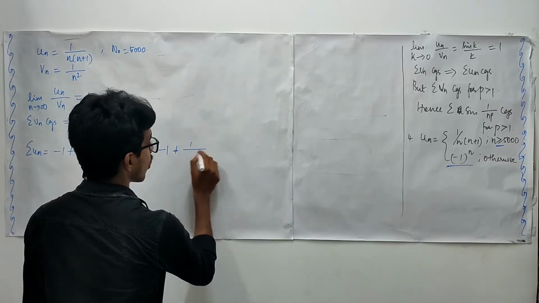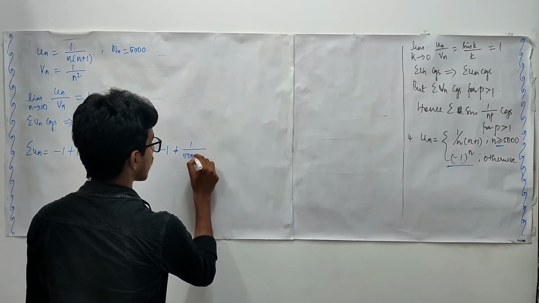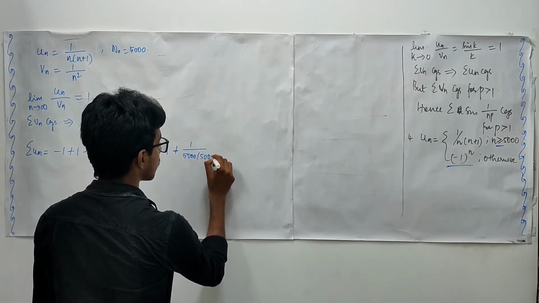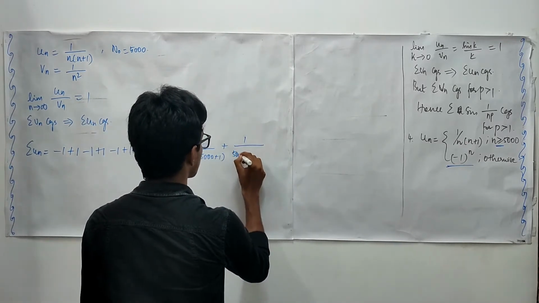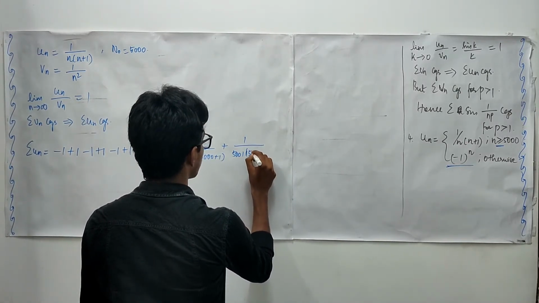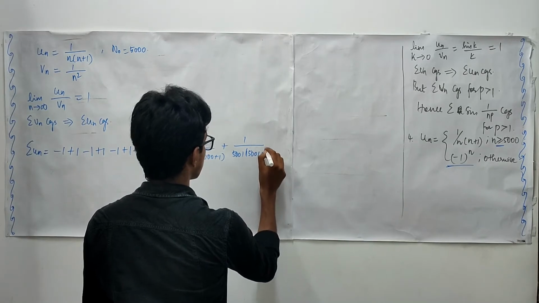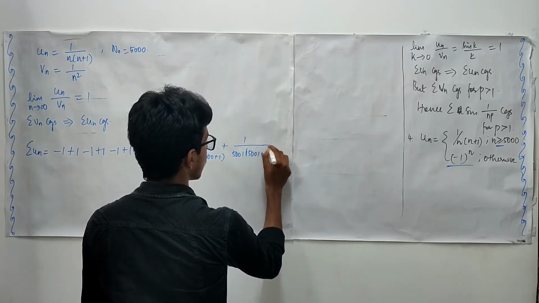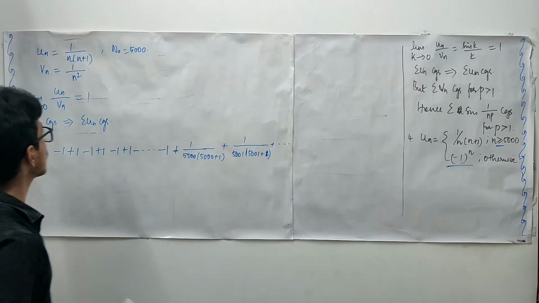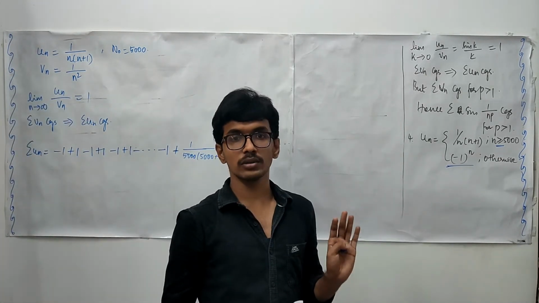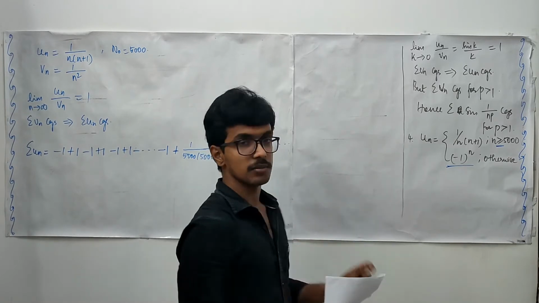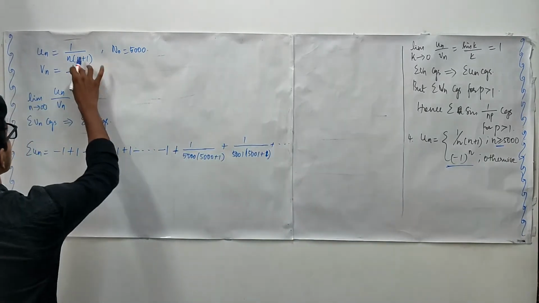You are going to get 1 upon 5000 times 5000 plus 1, plus 1 upon 5001 times 5001 plus 1, and it goes this way. Okay, and if you are asked to find out the sum of these terms, you may make use of this idea, for which we will have to